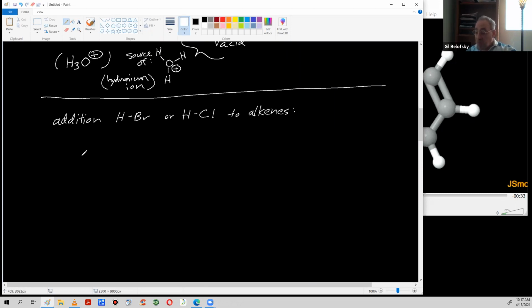And the overall reaction that I showed, but I don't think I showed an example of yet. So let me make another alkene. This is a 1, 2, 3, 4, 5, 6. This is 2-hexene. If we add HBr